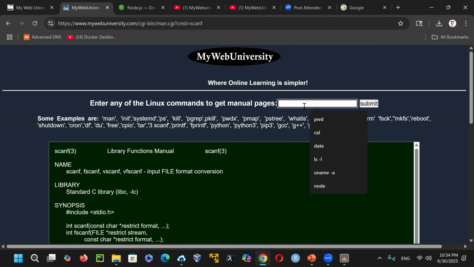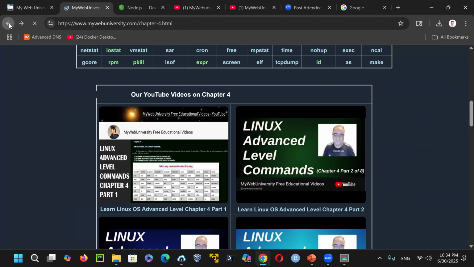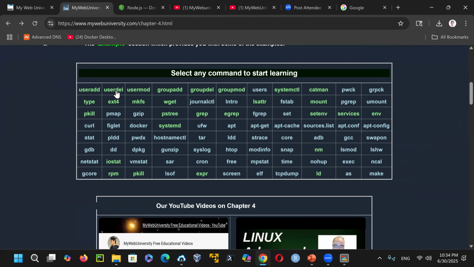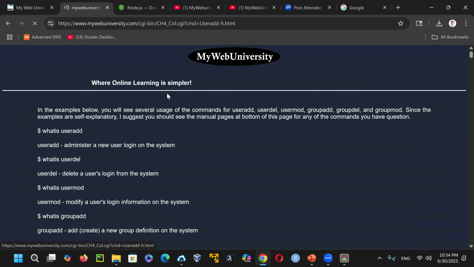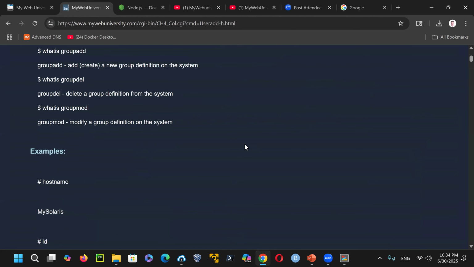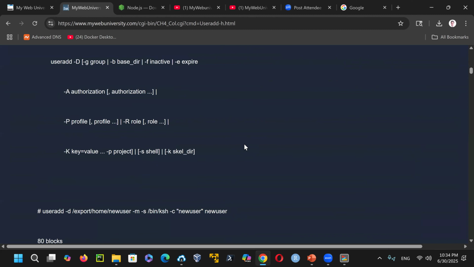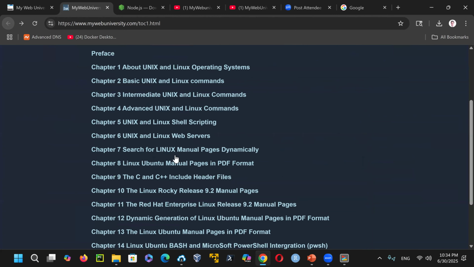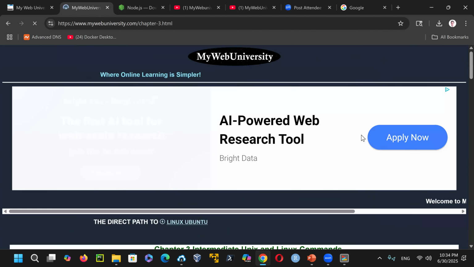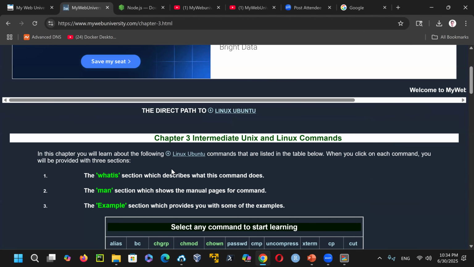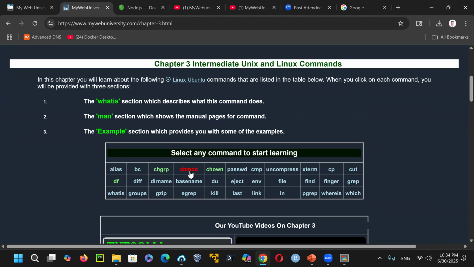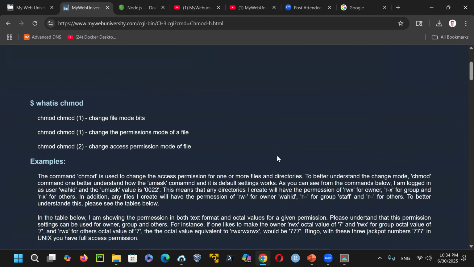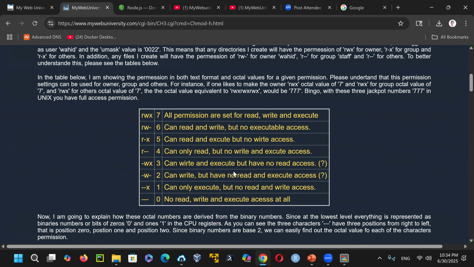So if you are looking for something in these commands, you're welcome to see them. But at the same time, if they're a little bit more than just a command and it requires security, I'm documenting it for you here. At the same time, if you're looking for chapter 3, there are commands like change mode, change ownership, change group, and a lot of these require security. So I'm not going to allow them on the system to be executed, but I give you like a book,